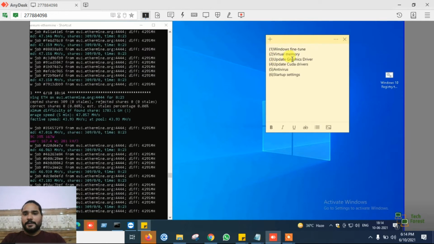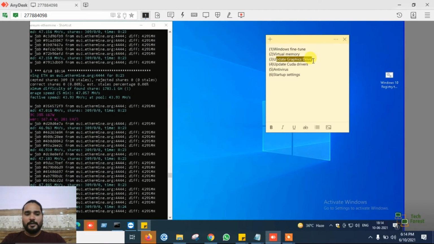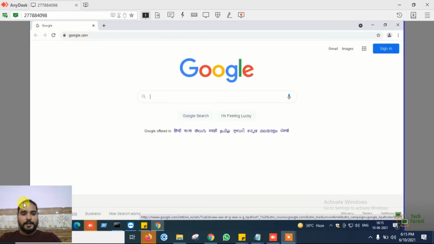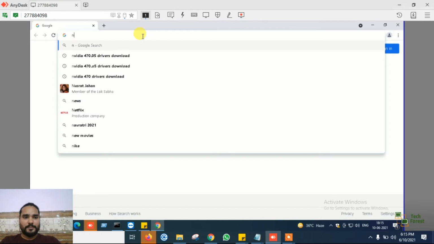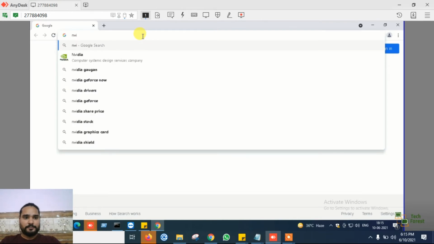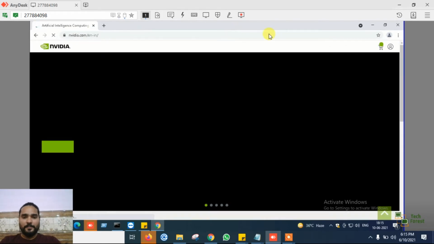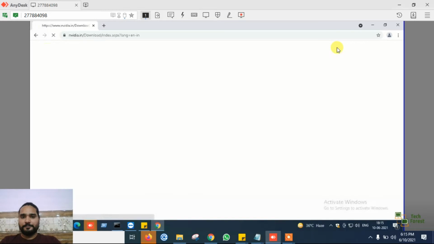Our third setting is updating the graphics driver. Make sure you have the latest graphics driver installed in your machine. If you want to check whether it is updated or not, simply go to the NVIDIA official site, nvidia.com, and click on the Drivers option.